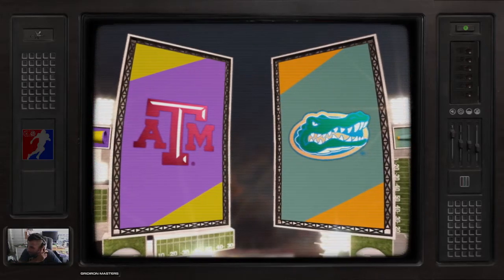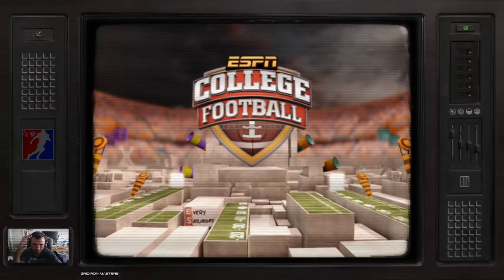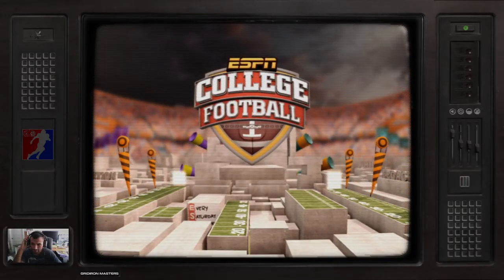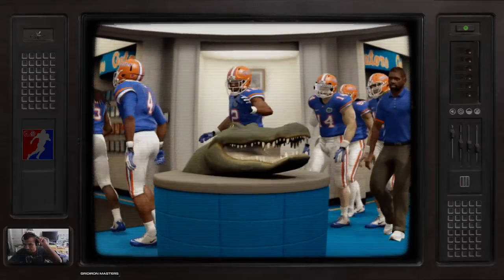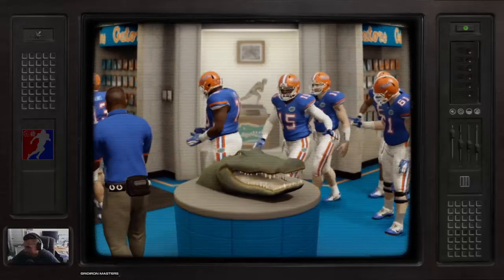Took me a while to get this one to work. Tonight between the Texas A&M Aggies and the Florida Gators. Full screen. Full screen took me a while to figure it out, and then actually have the